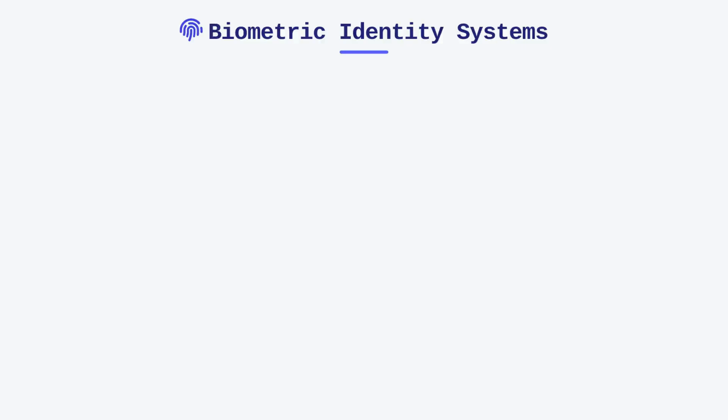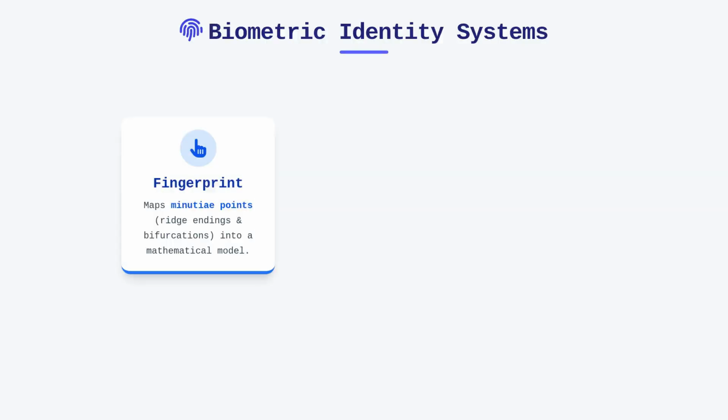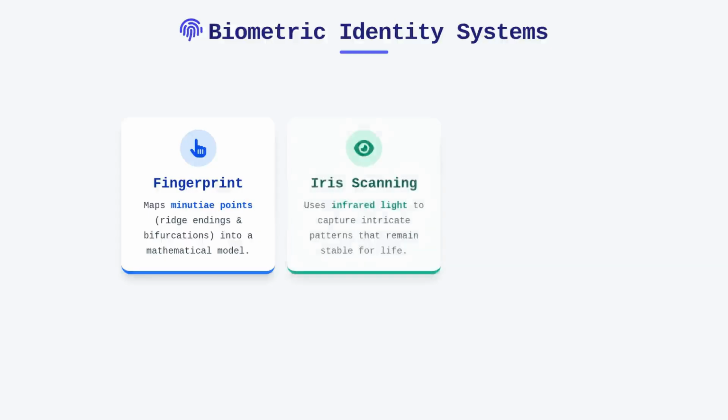Biometric systems rely on the unique physiological or behavioral characteristics of an individual to establish identity. Fingerprint scanning functions by mapping minutiae points, such as ridge endings and bifurcations, into a mathematical model. Iris scanners capture the intricate patterns of a human iris using infrared light, which remains relatively stable throughout a person's